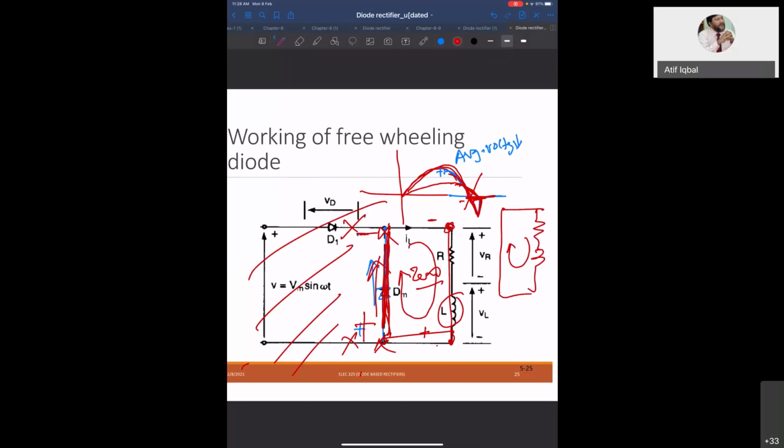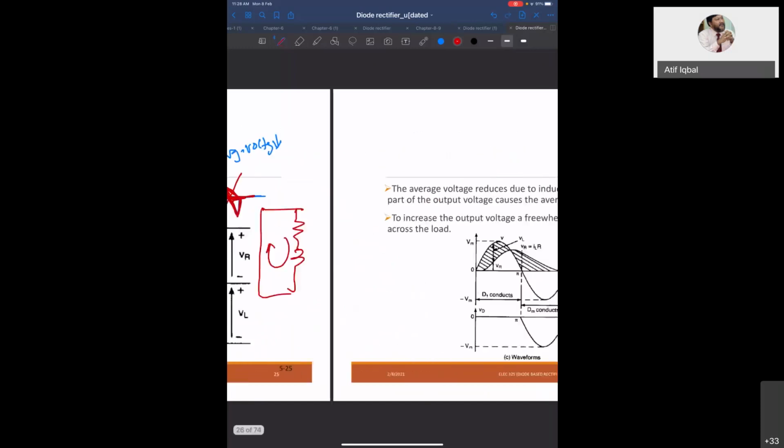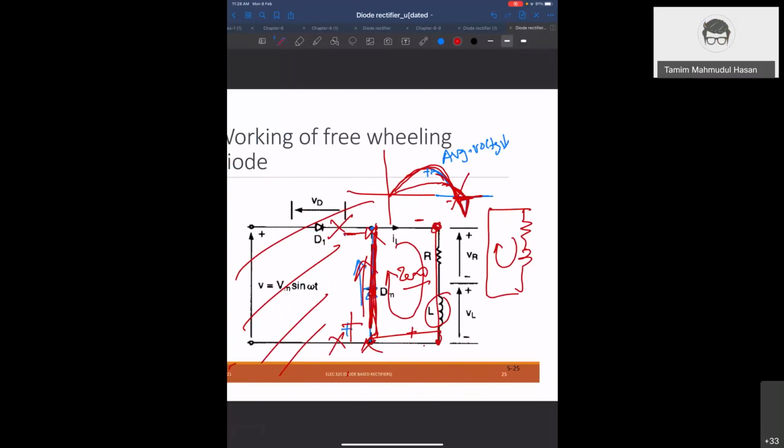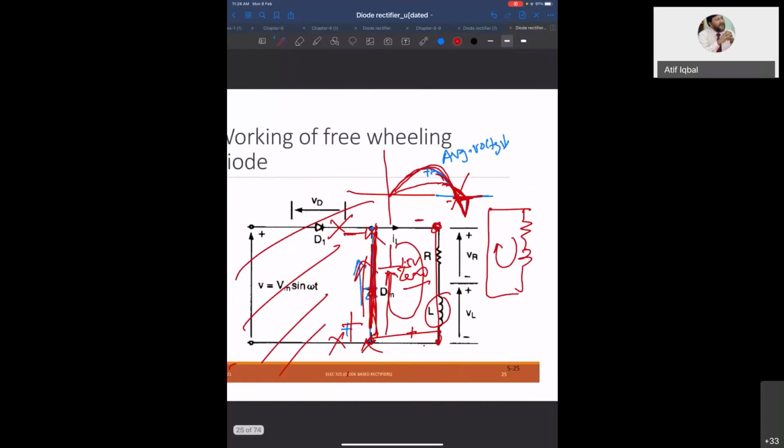Why is it happening? Because as soon as the negative voltage across the load comes, this negative will cause the freewheeling diode to turn on. Okay. Yes, doctor, but shouldn't we have the forward voltage across the diode in practical situations? Yes, certainly. A very small voltage, about 1.5 volt, will be coming across the load. So you will have this, and then there will be some voltage. But for the analysis purpose, we assume this to be zero.